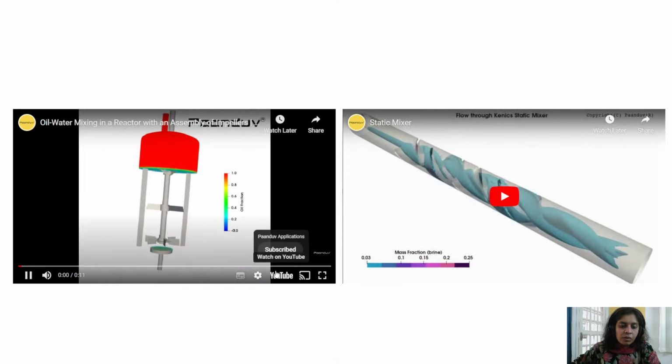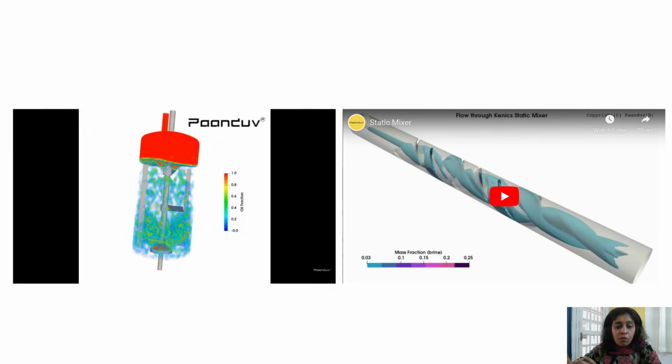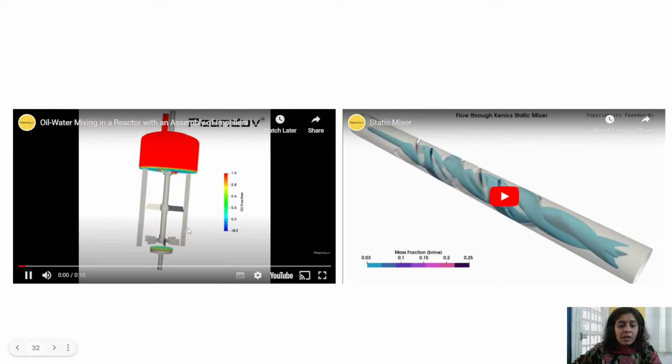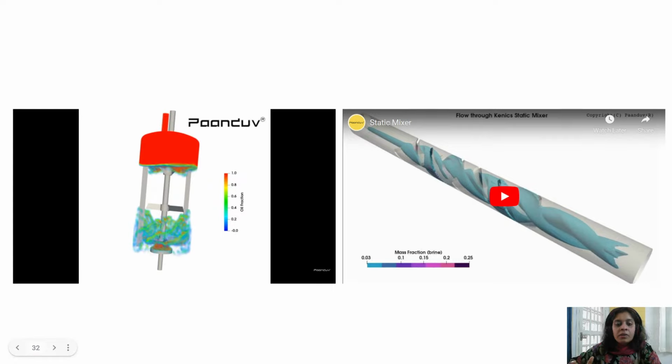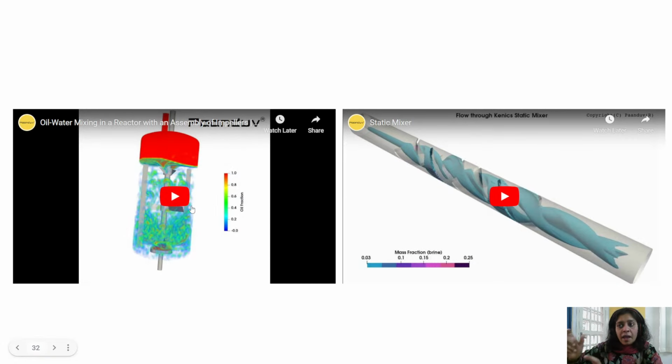Now, coming on to some smaller mixing systems that are highly used in the wastewater treatment industry. This one is an oil and water system. Mixing of oil and water is very crucial. For that, you need to use special and different impeller designs, and here we are using three impellers, and all three are different. The angular arrangement is also very different. So these systems become complex when you have dynamic meshing or AMI incorporated into them.